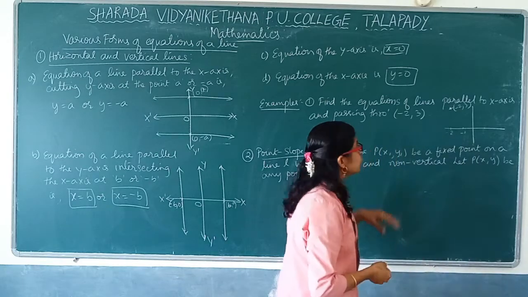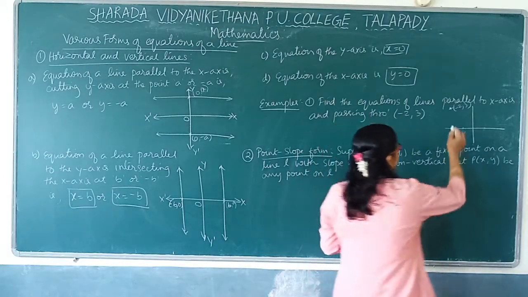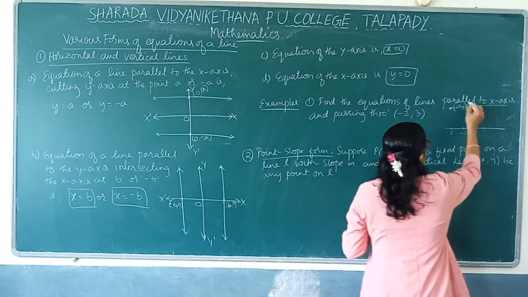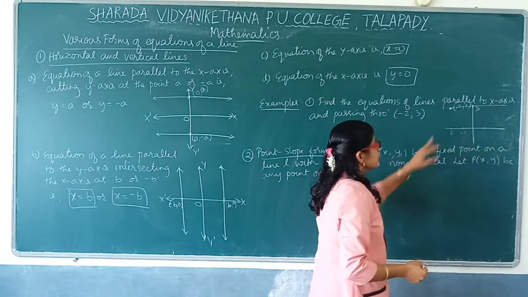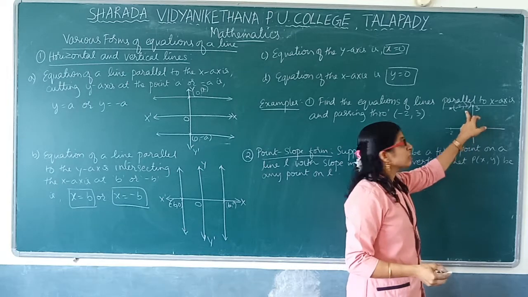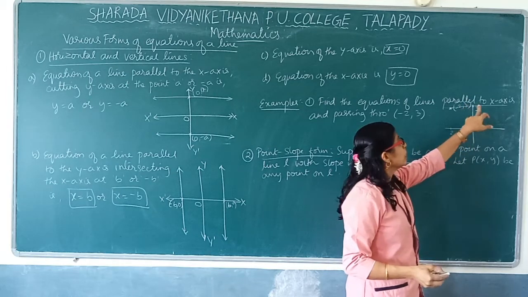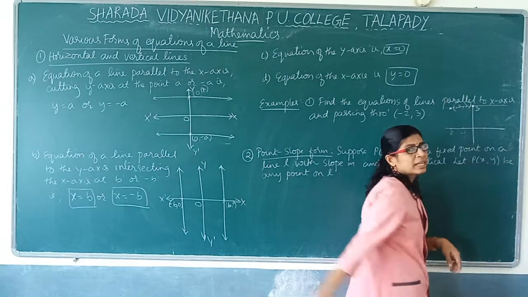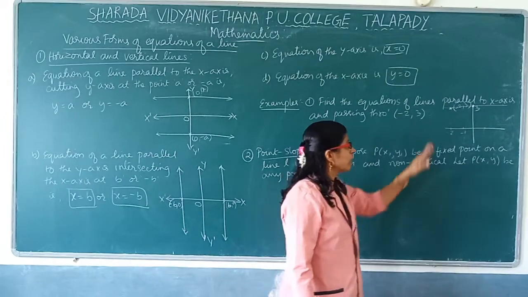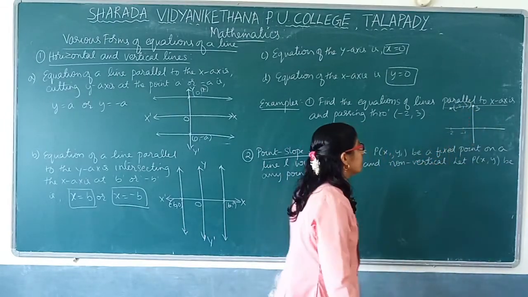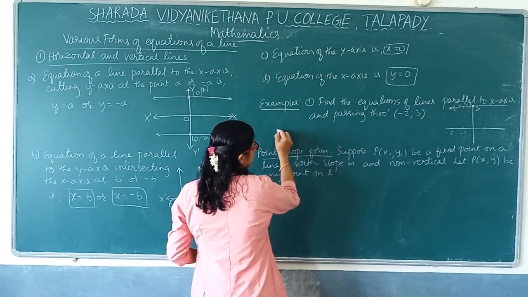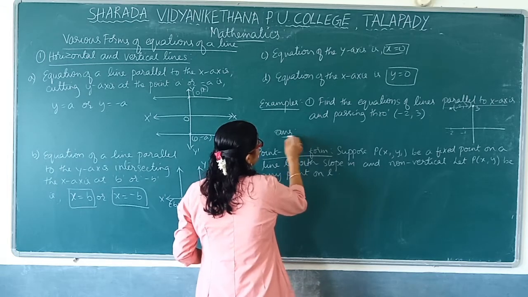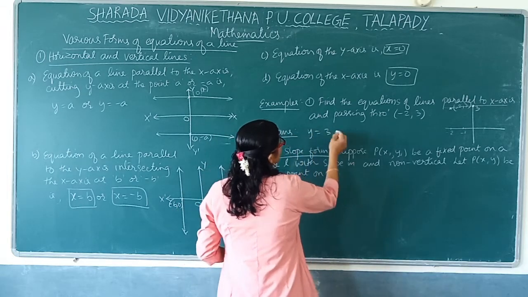Along this, you have to draw a line parallel to the x-axis. So parallel to the x-axis means, what is the y coordinate here? The y coordinate is 3, right? See, it is minus 2, 3. Number 3 is the y coordinate, which corresponds to the intersection of that line with the y-axis. So y is cut at the point 3 here. Then what will be the equation of the line? Our answer we will write it. We are not solving anything here. y is equal to 3.